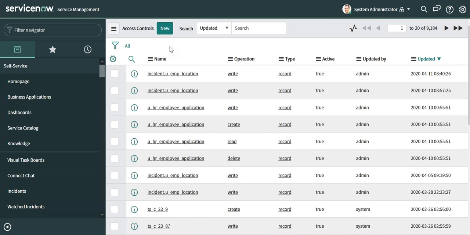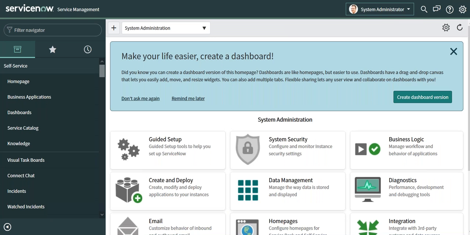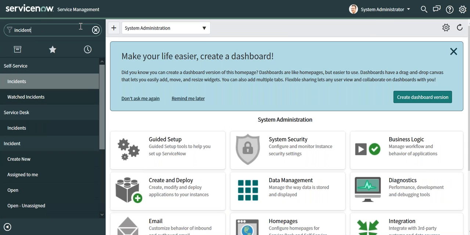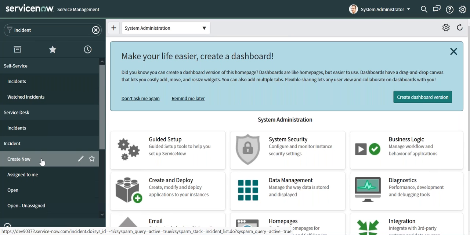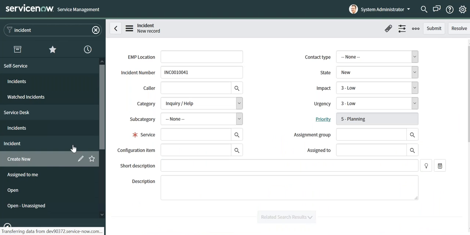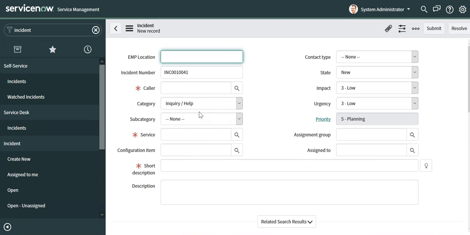Now let's understand the requirement. I'm going to navigate to the incident form. Type incident in the navigator bar and click on create new. Here you can see a lot of fields available: employee location, incident number, caller, category, subcategory.